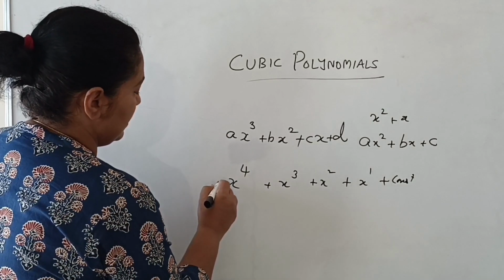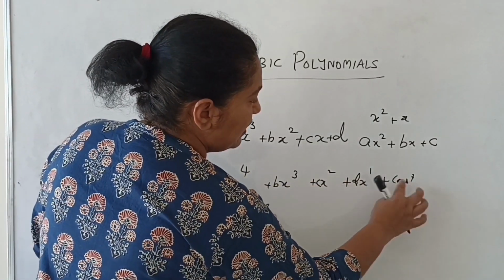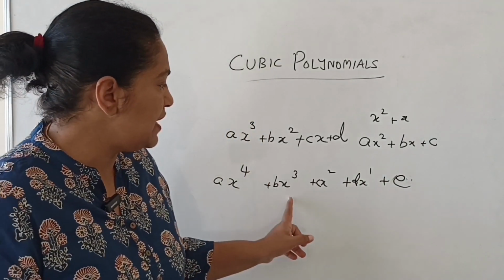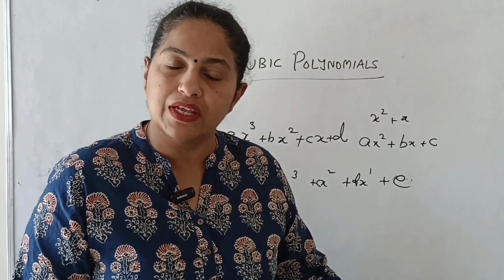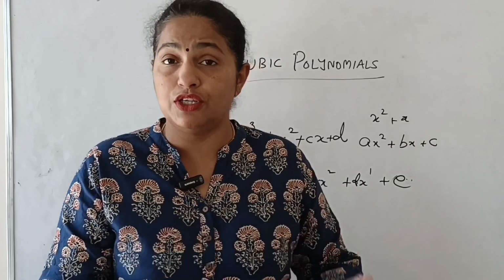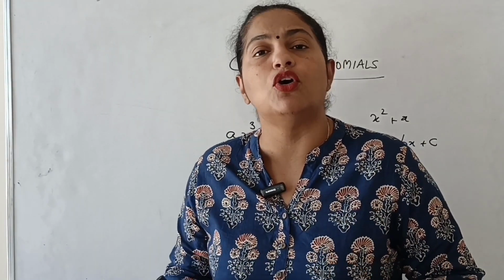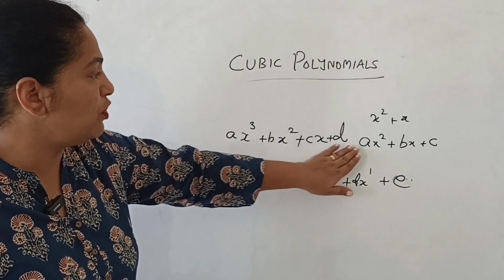I am going to pick out A, B, C, D. So I need a constant variable, which is E. Ax raised to 4 plus bx cube plus cx square plus dx plus E. Got it? Going by this pattern, you know that you can write the general form of any polynomial of any degree. Okay? So the cubic polynomial,